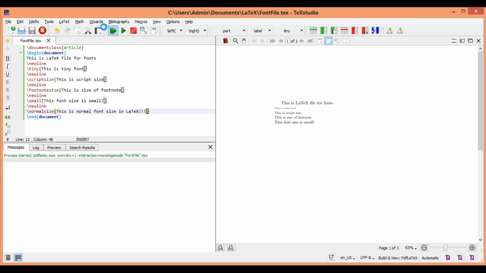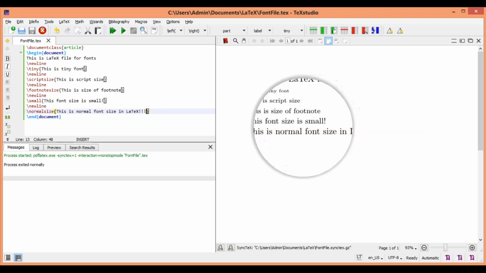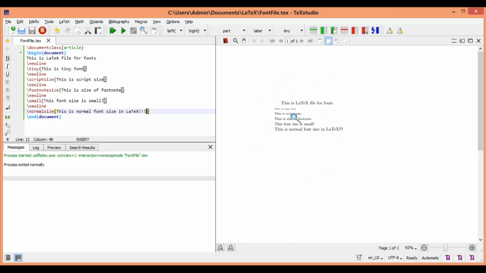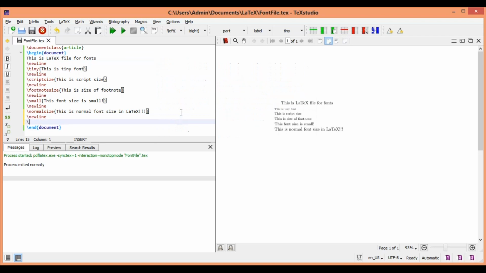Let us execute. It will be slightly bigger than the small size that you have actually placed. Now there are places where we actually want to highlight something. Sometimes it might be headings, sometimes it might be because you want to emphasize something, or it might happen in the document. So we may need sizes that are bigger than our traditional normal size. So LaTeX has a huge setup for that. So let's start with that.